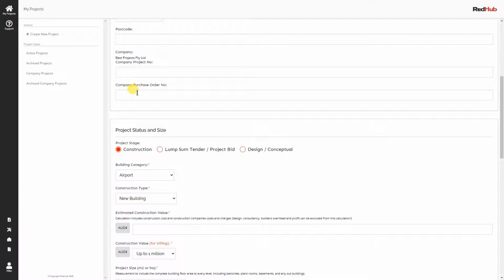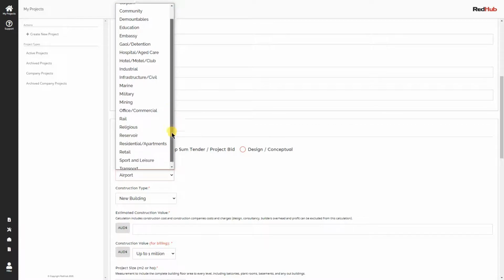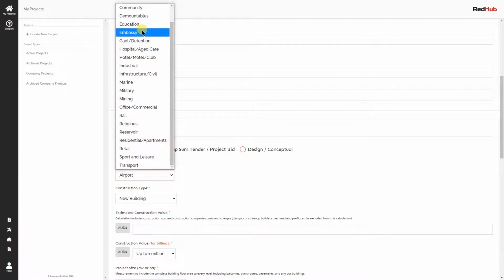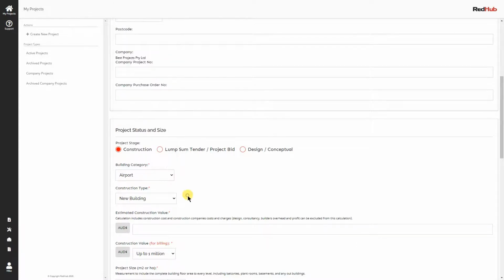You need to then decide whether your project is ready for construction, whether it's a lump sum tender or whether it's pre-construction. That is, it might be sitting in a phase where it's going through DA or it's on hold while design is happening, etc. We'll need to know what style of project it is. We give you a slot to put it in there somewhere, and we need to know whether it's new or